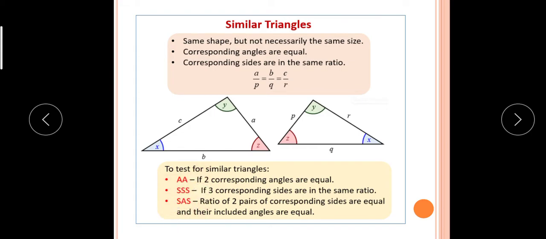So what is important? Now if you do not remember this, no problem. Important is that the shape of the two triangles should be the same. Why is the shape the same? Because if two triangles are similar, then their angles are of equal measure. Sides are in proportion, but angles are of equal measure, and therefore their shape is the same. Corresponding sides are in proportion and corresponding angles are of equal measure. So don't be confused. Understood? All these points you have to write in your notebook.